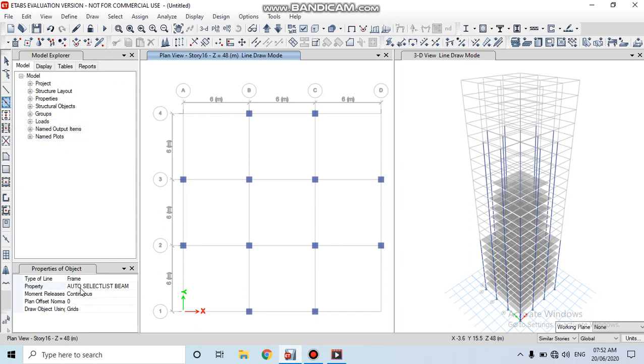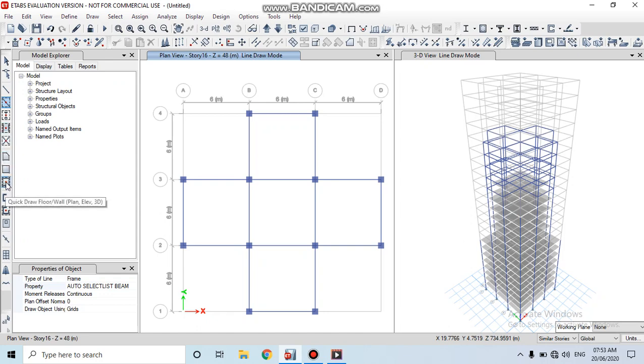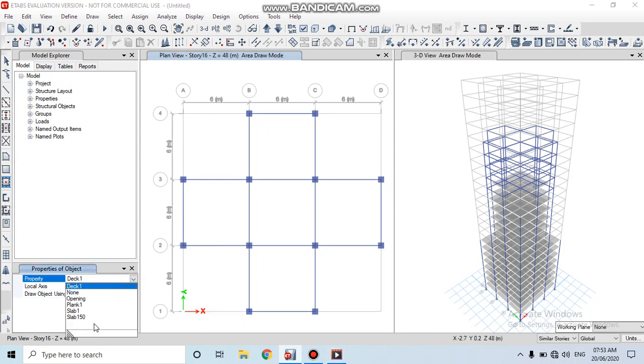Check the property here, auto select list beam. Then select the quick draw floor or wall and check the property here, the slab 150.